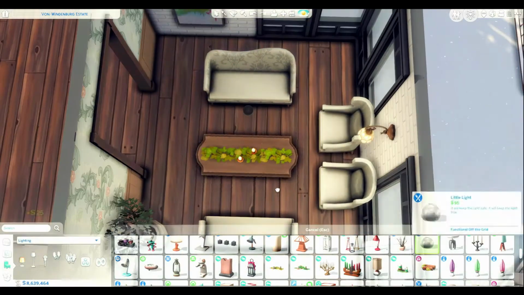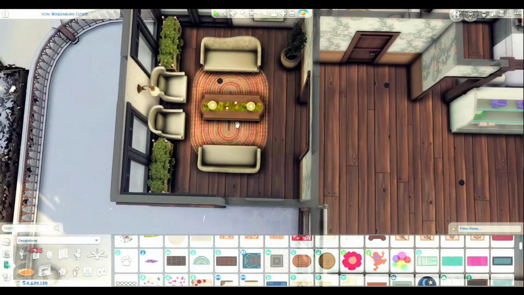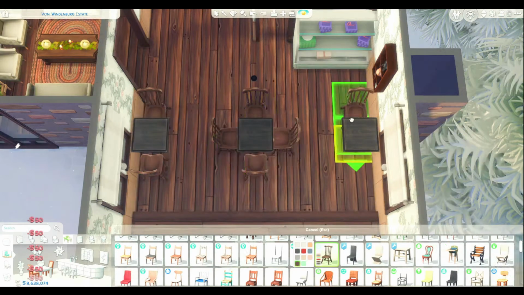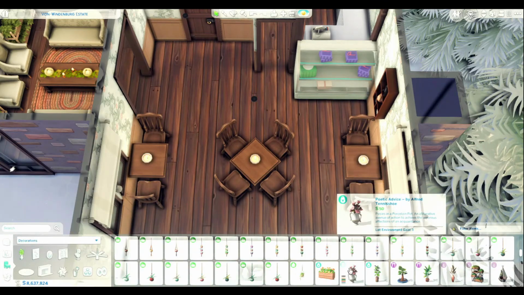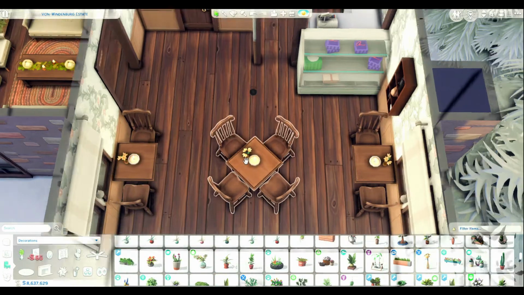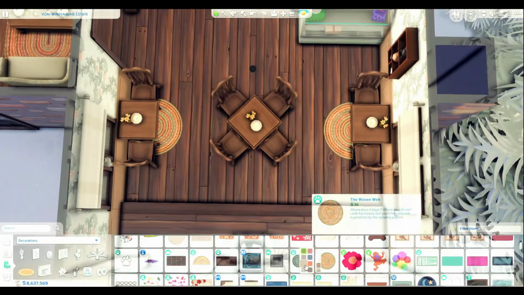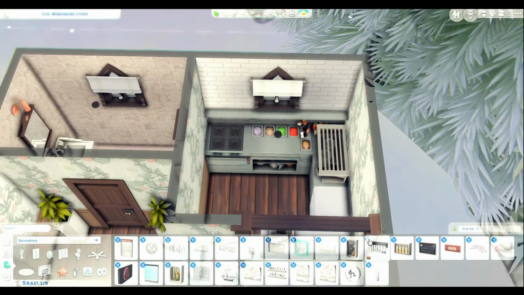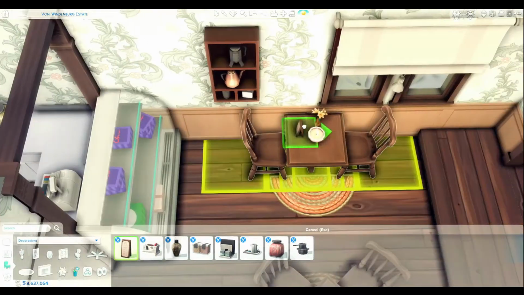And then I redid the Willow Creek museum, and that one came out really nice. I put artwork and stuff from all the packs so that it looked like there were exhibits of different kinds of art. That one was fun. And then I did a cafe in Willow Creek as well. They look good, but